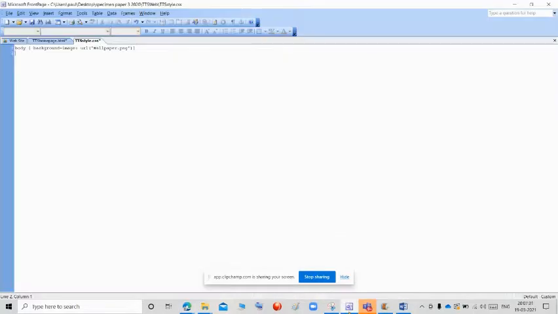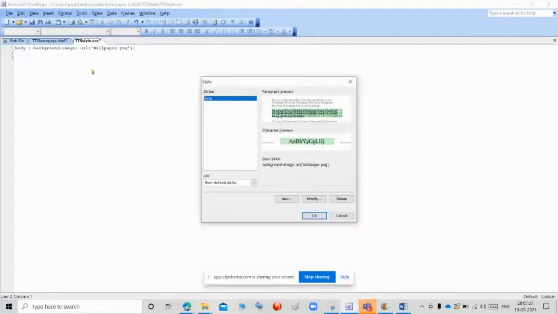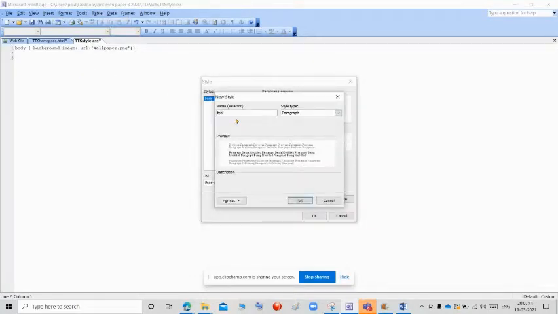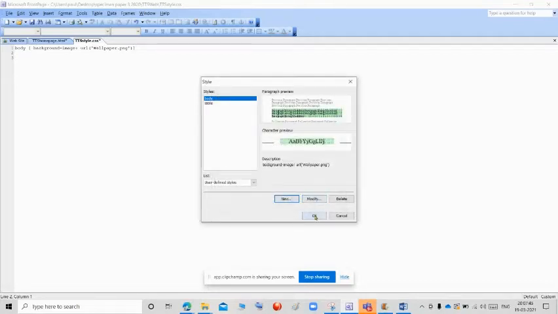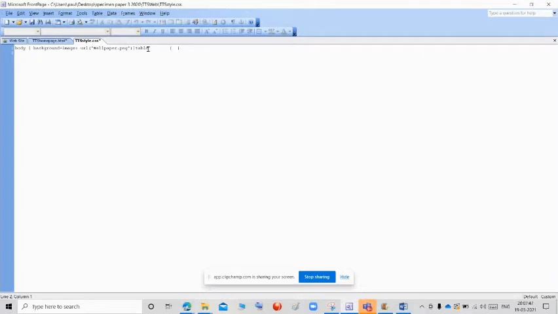So we are going to FrontPage now. Go to the format, click style, click new and type the name. Click table, click OK and click OK. Now press enter. After that, in this I am going to give the position.